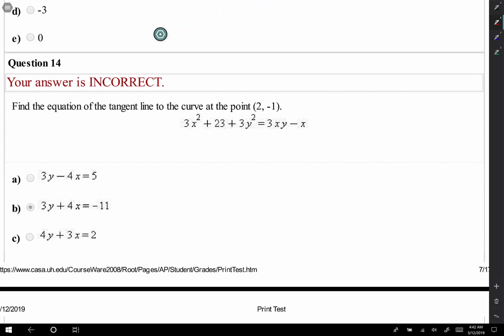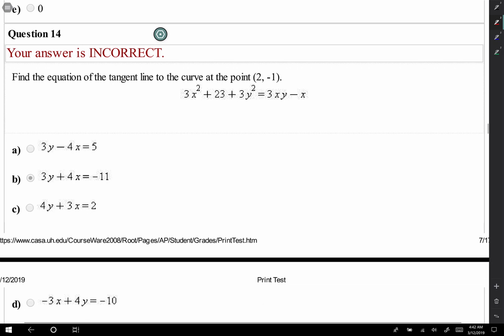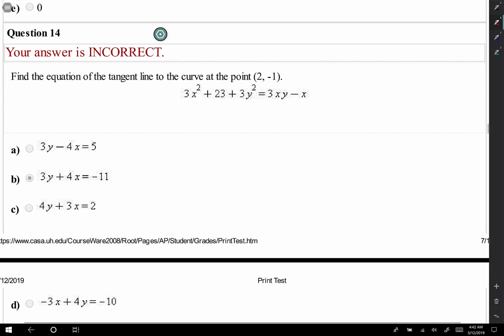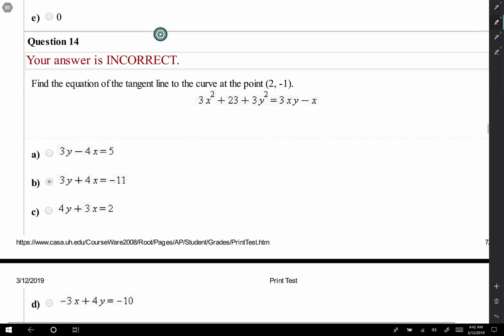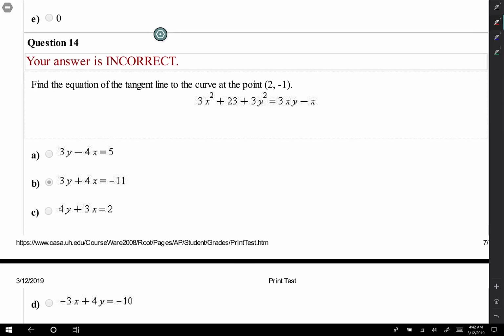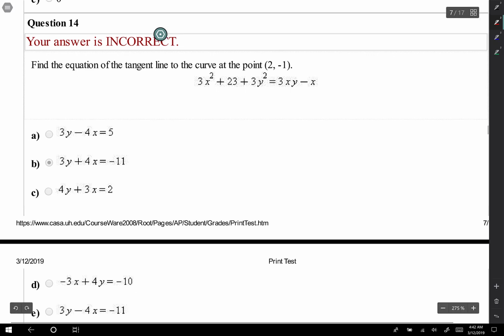Find the equation of the tangent line to the curve at the point 2, 1. All right, so you already have a point. All you need now is a slope. So we're going to take the derivative of this. So you're going to have to do implicit here. Let me format it here. All right, here we go. I'm taking the derivative of everything with respect to x. So the derivative of 3x squared is 6x plus the derivative of 3y squared is 6y dy dx